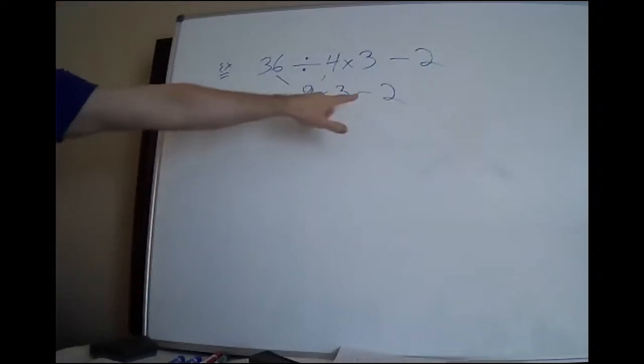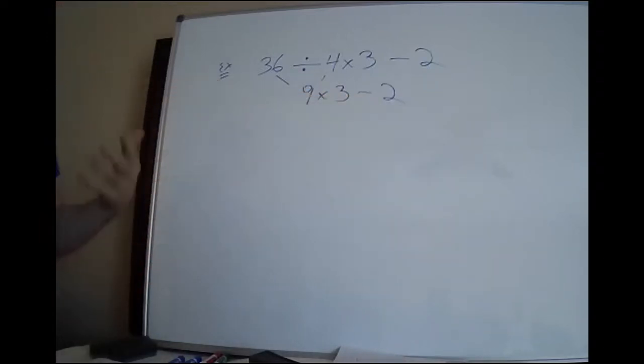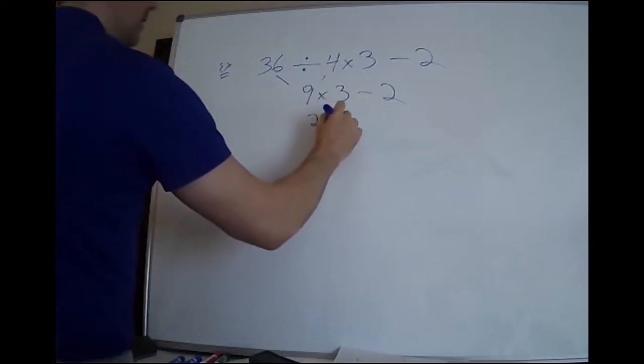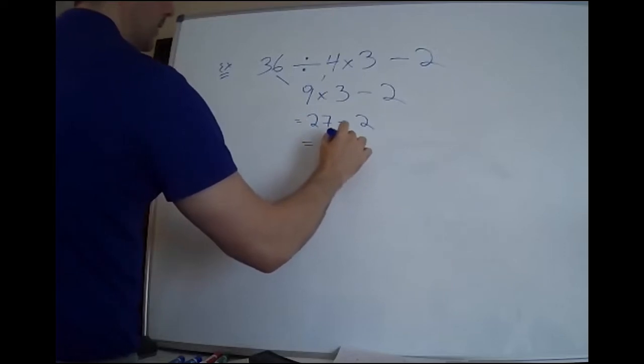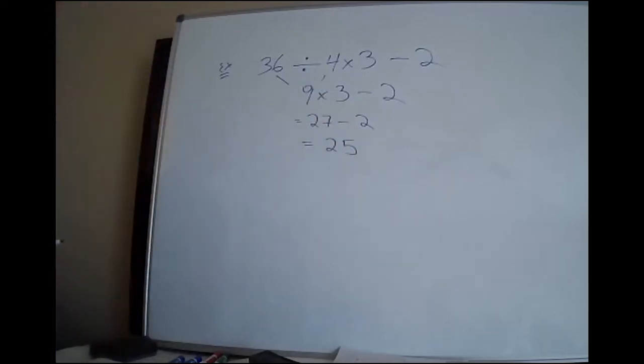Again, you're like, I'm going to do 3, take away 2. No, you're not. That's the wrong order. You have to multiply. So you have to get 27 minus 2. You're like, I can't do this without a calculator. It's like, don't worry. You'll be able to. Right now,